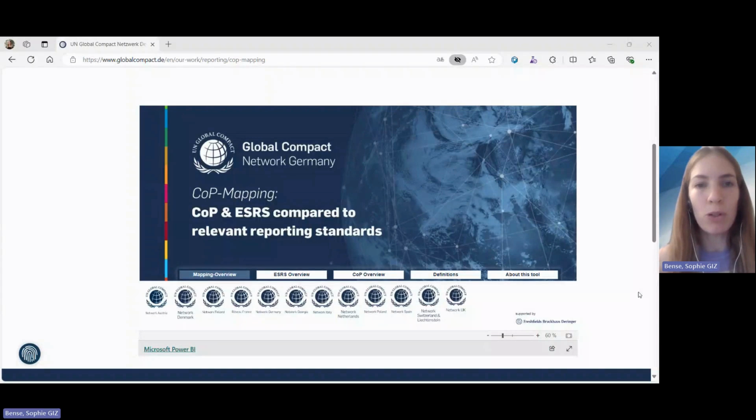A demo on the COP mapping, which was developed by the UN Global Compact Network Germany in cooperation with several other European local networks in Europe. As you can see here, we are on the main page of the mapping, which is shown in Mapping Overview. This is the homepage, the starting point of the mapping, and then you have 4 other parts or pages of